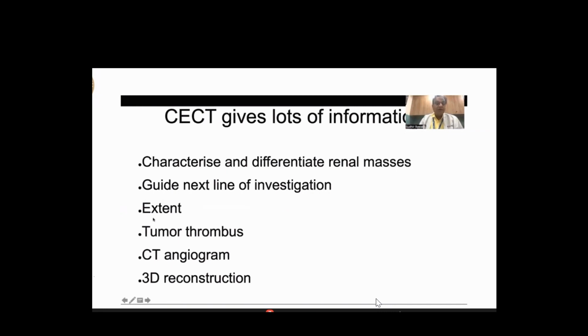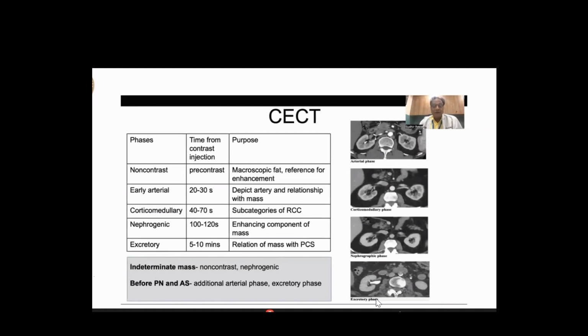Extent of the tumor thrombus, CT angiogram can give you how many renal arteries are there in this patient. And then you have 3D reconstruction, which you can use with augmented reality. Nowadays we use it in robotic partial nephrectomy. These are CT scans, and there are phases of CT scan, like non-contrast, which is pre-contrast, then early arterial is 20